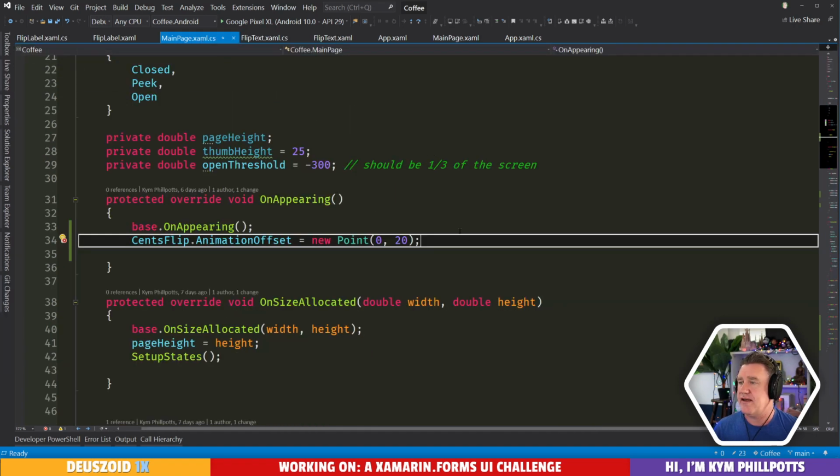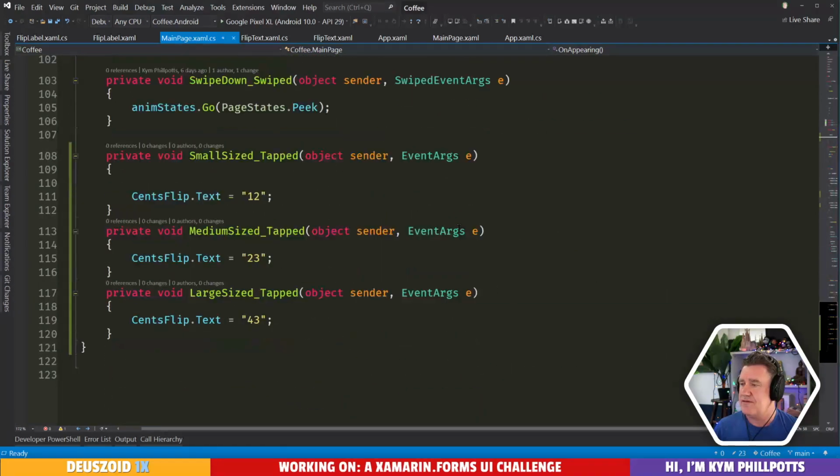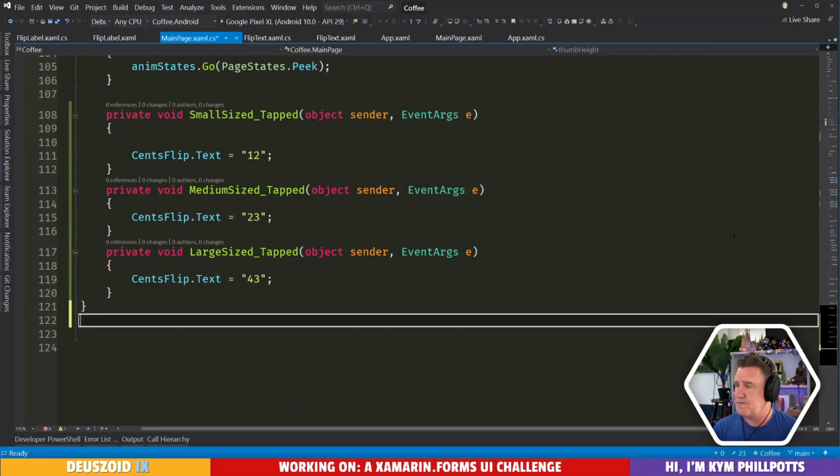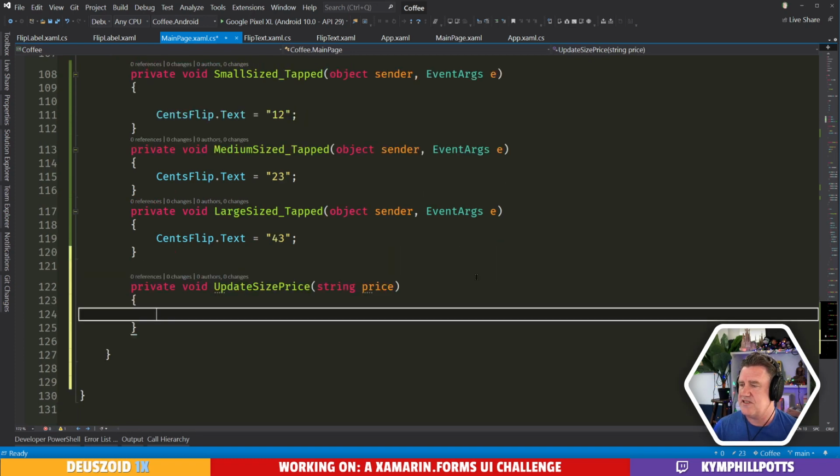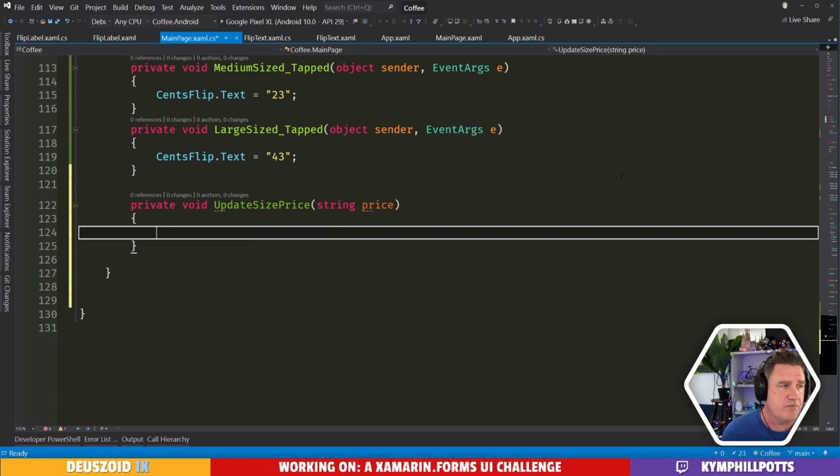Might want to make this a little bit more elegant, but the idea here. This is going to be a pretty nasty little method, but we'll improve it.